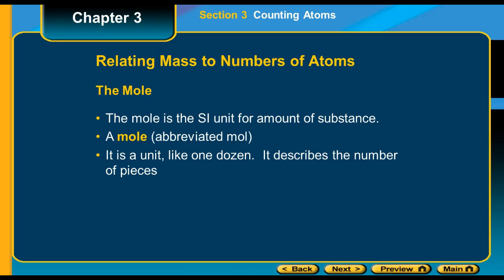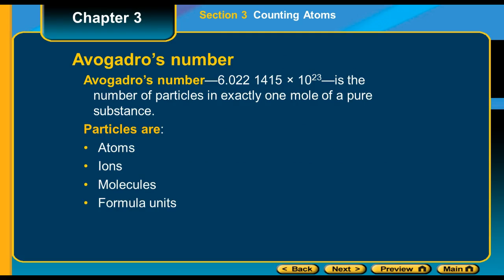It is kind of like a dozen. It describes the number of pieces in a sample, and like a dozen, it has a specific number. So if I told you I needed a dozen donuts, you would go and get me 12. Well, the number that is associated with mole is Avogadro's number, and Avogadro's number is